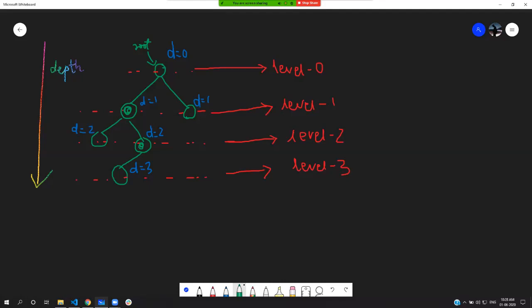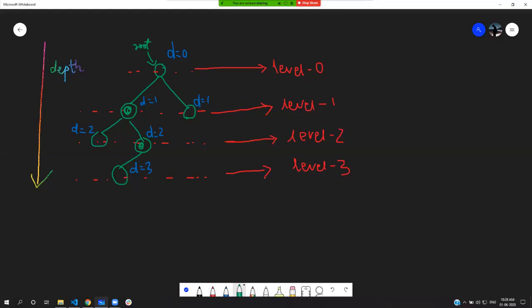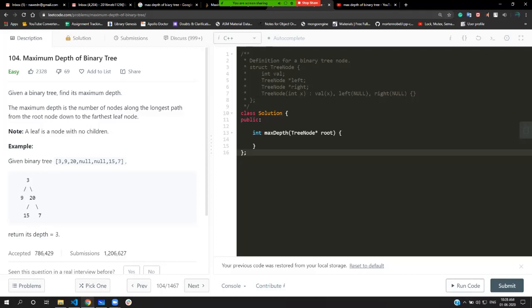So this is the maximum depth, and this is what we are required to find. The question is slightly different here: we count the number of nodes, which we can easily modify to get our answer. For example, according to the question given in LeetCode, this depth should be 4, because they start with a depth of 1, but that can be adjusted easily. So now let's start with the coding.